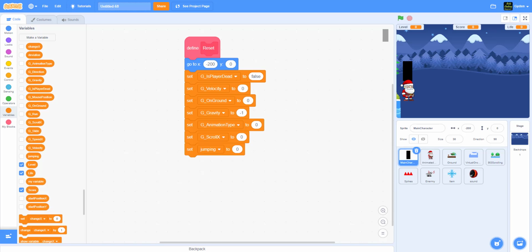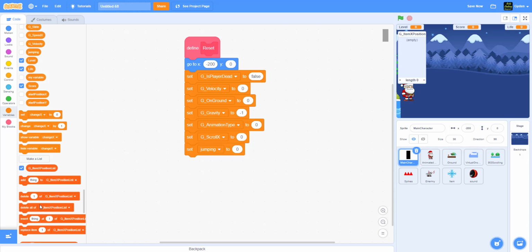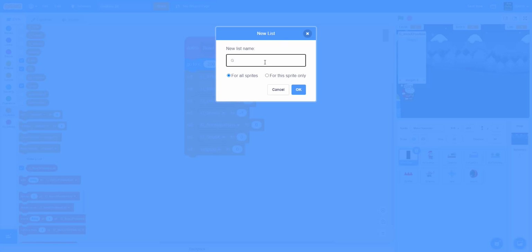Okay, we're gonna create some sound for that. So we are actually using something called a list. So using a list, we can have like different positions for the items later on, and also the sound. So we're gonna use that. So for now, let's create some of the list variables. Okay, make a list. So here we go, global item x position list. Okay, make another one, item